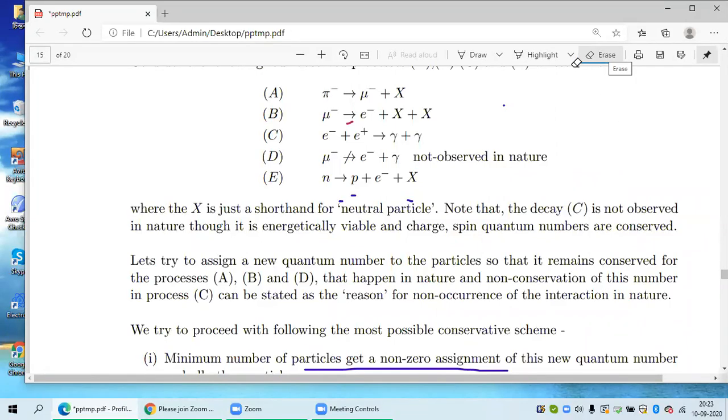Let me state my version. Now you will have this file. Read it carefully and try to put your own version of quantum number assignment, and check whether you can suggest any other version. If you are able, I will give you a Nobel Prize. Sorry, not a Nobel Prize, a biryani.